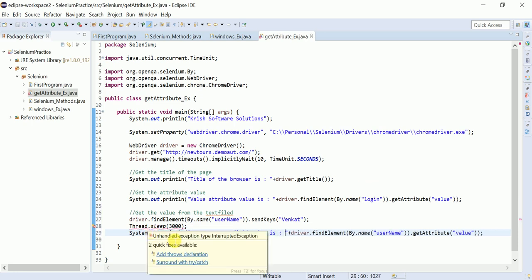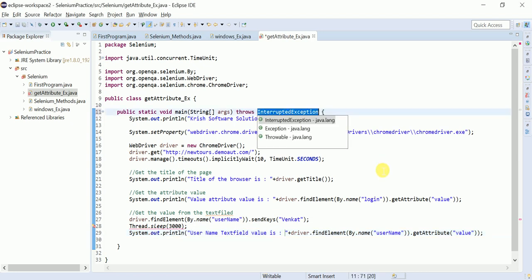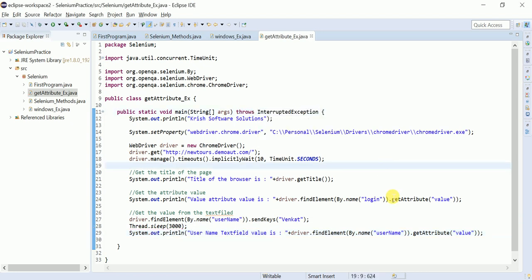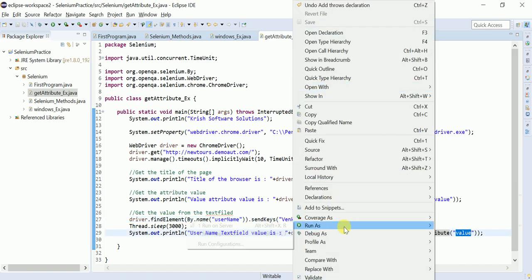So here you just need to add throws. Okay, so now it needs to print the title, get the attribute of the sign in login button, enter the send keys, and get the value from the text field by using the get attribute method. See how it is working.